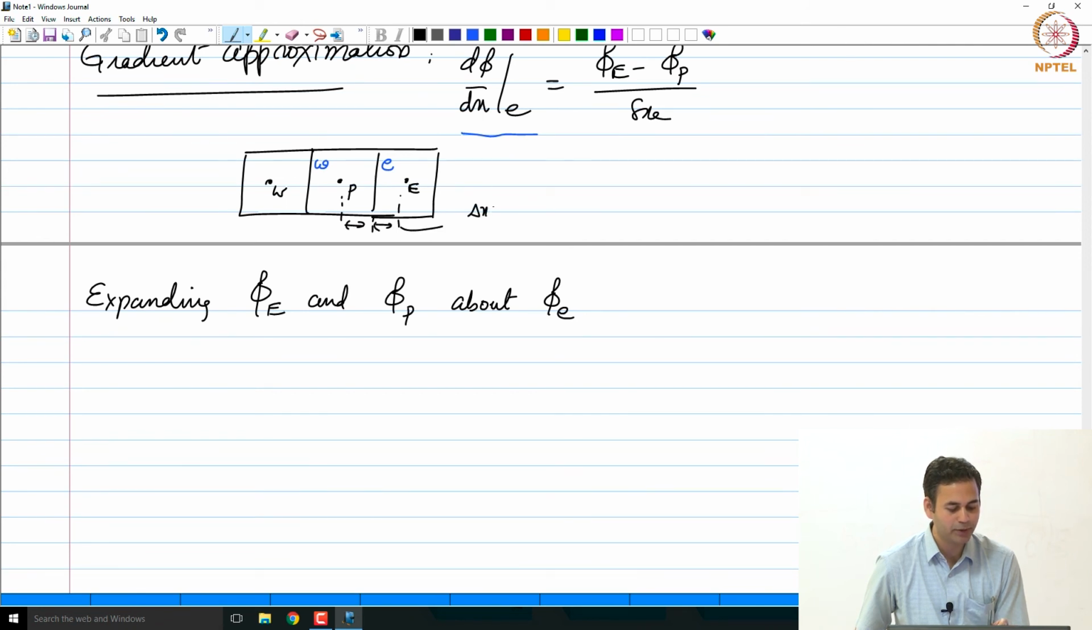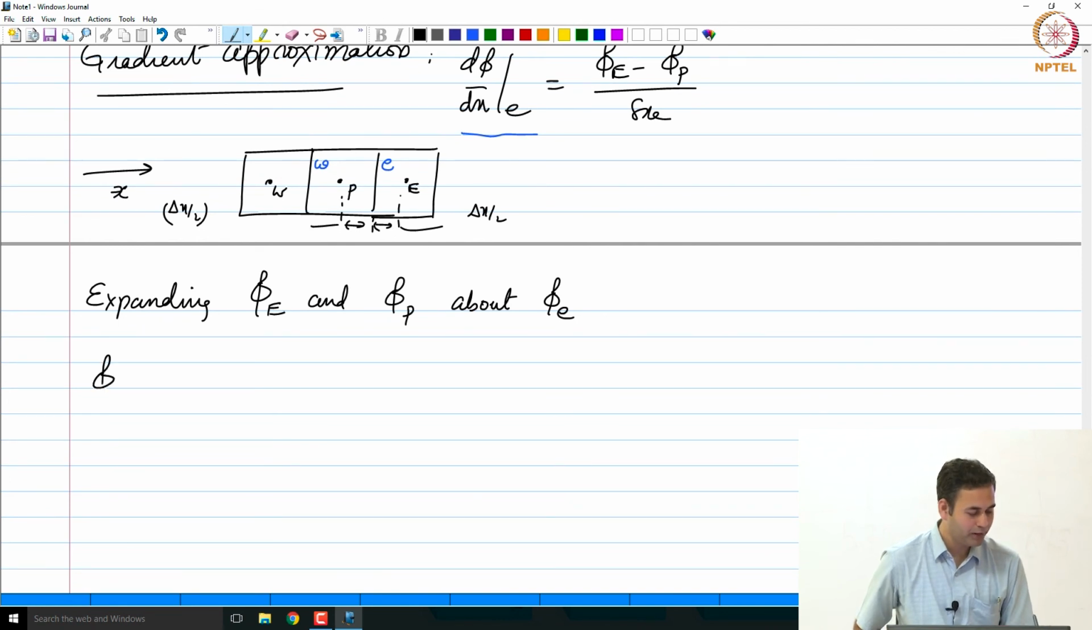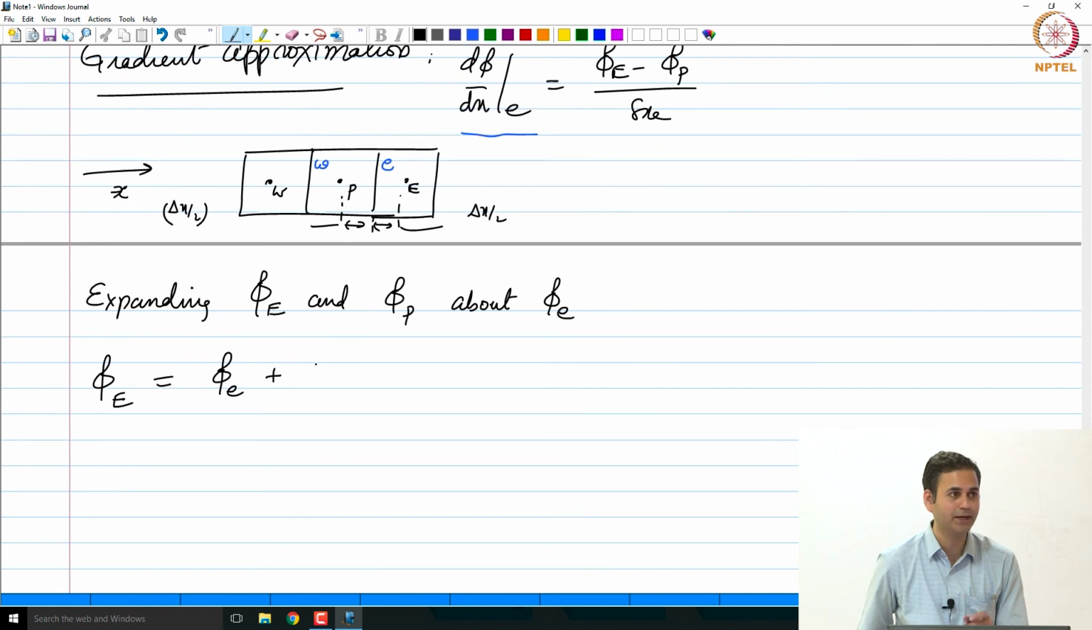This will be delta x by 2, the other one would also be delta x by 2 in distance, but it will be in the negative x direction. Okay. So, this is the x direction. Then what would be phi capital E about phi little e? Phi little e plus x capital E minus x little e, that would be delta x by 2,